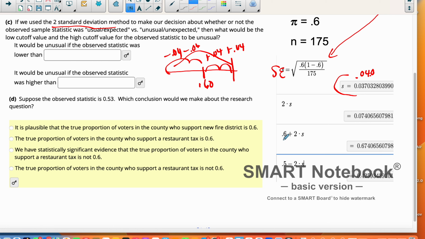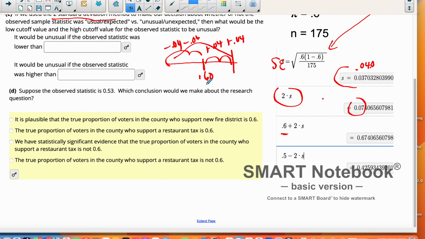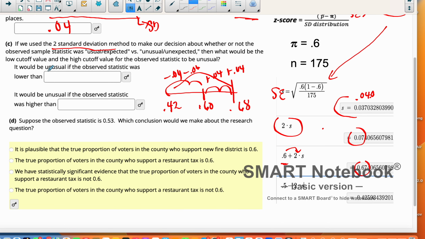Or another way to say that is 2 times 1 standard deviation is here. Essentially that's 0.08. If I take the center, 0.6, plus 2 standard deviations, I get 0.68. And if I go this way, subtract 0.08, I get 0.52. So it would be unusual if I had a statistic that was lower than 0.52, and it would be unusual if I had a statistic that was higher than